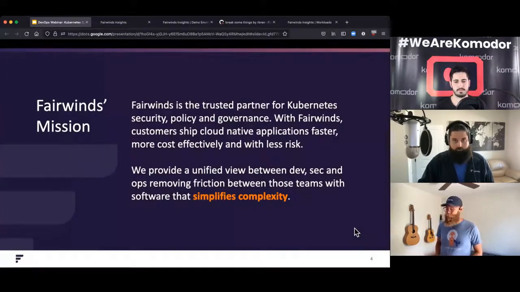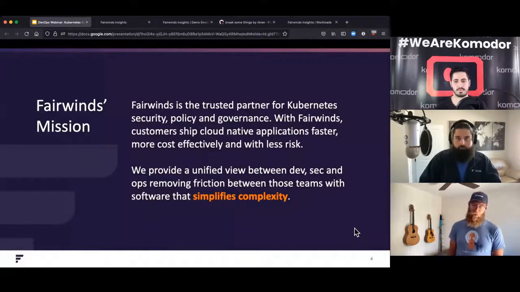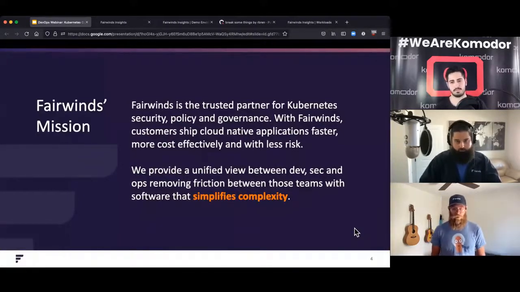So real quick, Fairwinds has been in business for a little over 7 years, focused on all things Kubernetes for the vast majority of that. We seek to help companies deploy faster, deploy more confidently, and do that by building tools for configuration validation in Kubernetes. So we build a whole bunch of open source, which we're going to be talking a lot about today, as well as a SaaS product that helps folks with getting the things they're deploying into Kubernetes correct, getting them configured correctly so they're not over-provisioned, under-provisioned, over-permissioned, under-permissioned, etc.